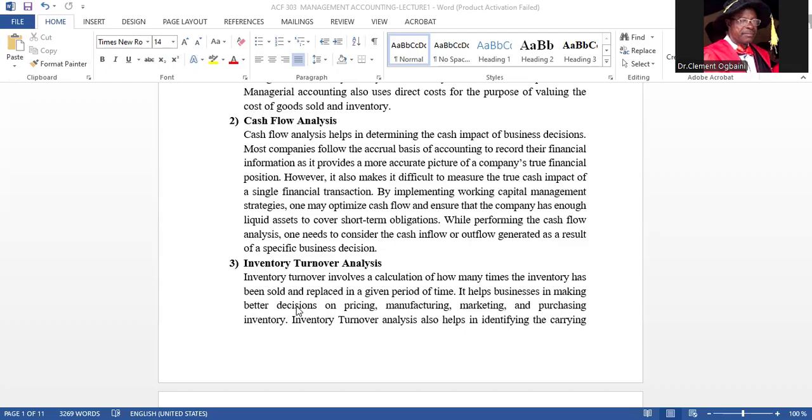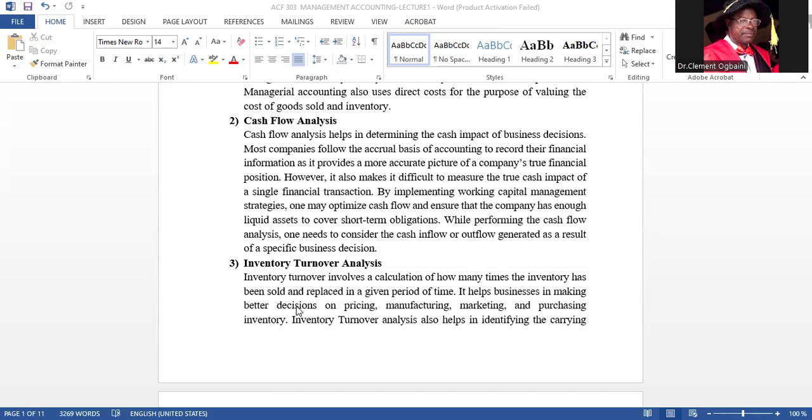For example, the trading profit and loss account only tells us the expenditure made and the income generated, while the balance sheet will just tell us that at a particular day, this was the position of the assets, liabilities and capital of that organization. The retained earnings statement is only telling us if there's improvement in the shareholders' fund, maybe due to profit made. But in the case of cash flow analysis,